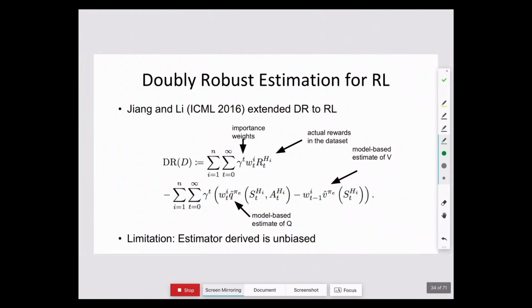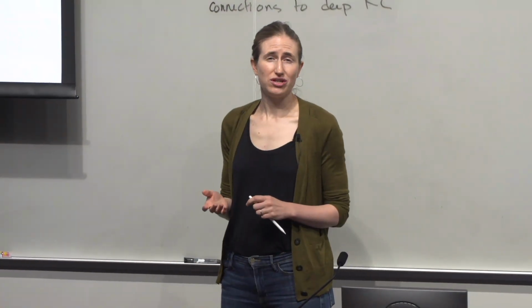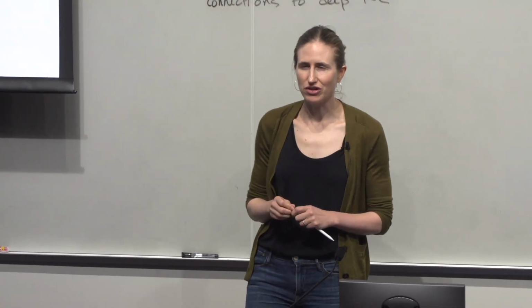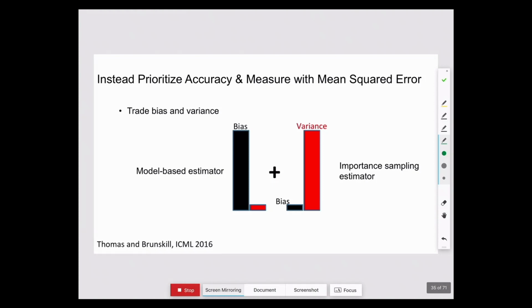When we were thinking about this, we were thinking of that as a limitation. Asymptotically, I think it's really nice if your estimators are consistent. But when you're dealing with finite amounts of data, you may not care if the estimator is unbiased. You may want just a really good estimator, highly accurate, with low mean squared error. So with one of my previous postdocs, Phil Thomas, who's now faculty at UMass Amherst, we thought about trying to directly optimize for accuracy, accuracy being mean squared error, a combination of bias and variance.